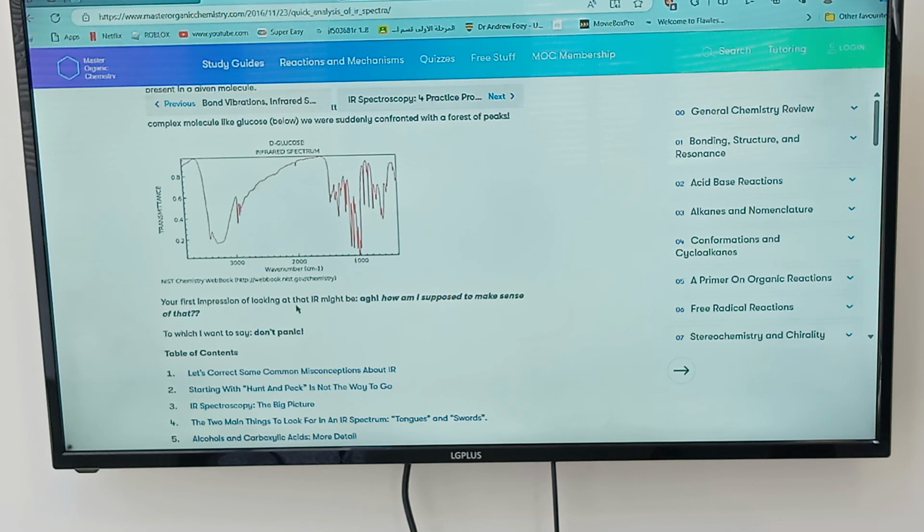Your first impression of looking at the infrared might be,